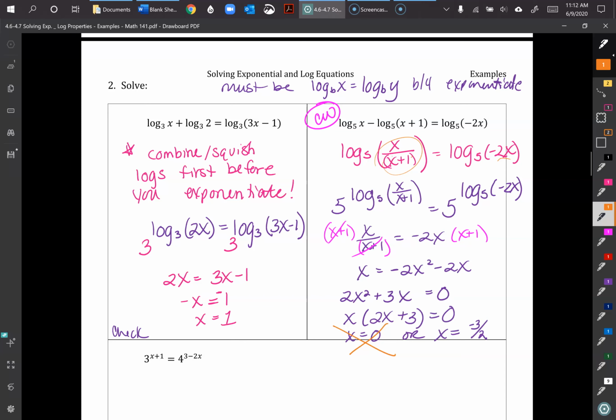So if we had a negative 3 halves in the numerator and a negative 3 halves here, we would have, let's see, negative 3 halves, and then we would have a negative 3 halves plus 1. So that's going to work out to be negative 3 halves over a negative half